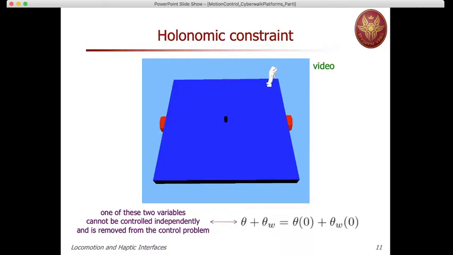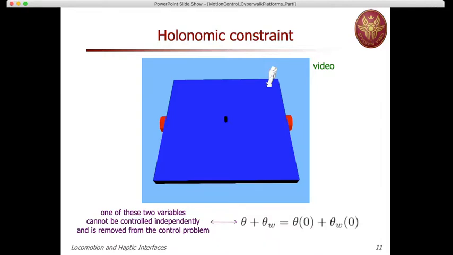So let's go back for a moment to the presence of this holonomic constraint, the fact that the orientation of the human plus the orientation of the treadmill remain constant. In particular, this constant is given by the initial values of these two quantities. So in this video, which is a simulation with this environment that we set up on purpose for this type of problems,